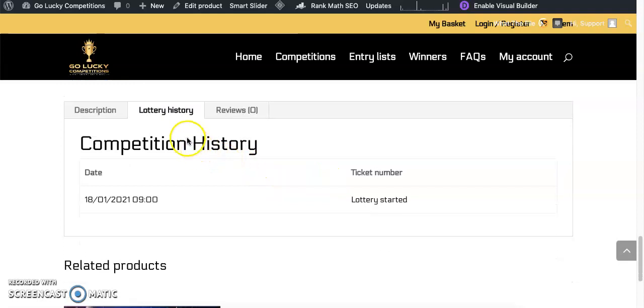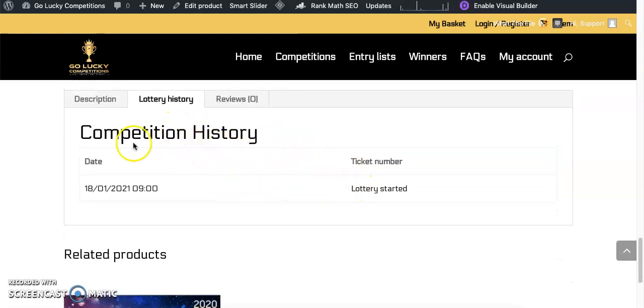For example, in my case, as you can see on my website, I'm running some competitions. So this is a competition. Here there's the word competition, but here it is showing lottery history. I want to change it to competition history, and again here it is showing lottery. So I want to change these lottery words to competition. I need to find out from which particular file these words are coming. I did a search, but it wasn't able to locate the file. So now let's move on and I'll show you how you can do that.